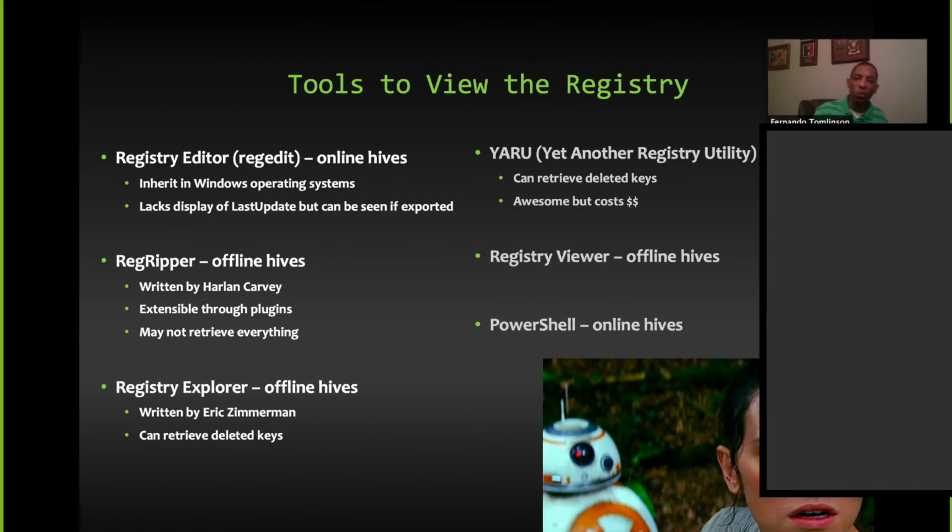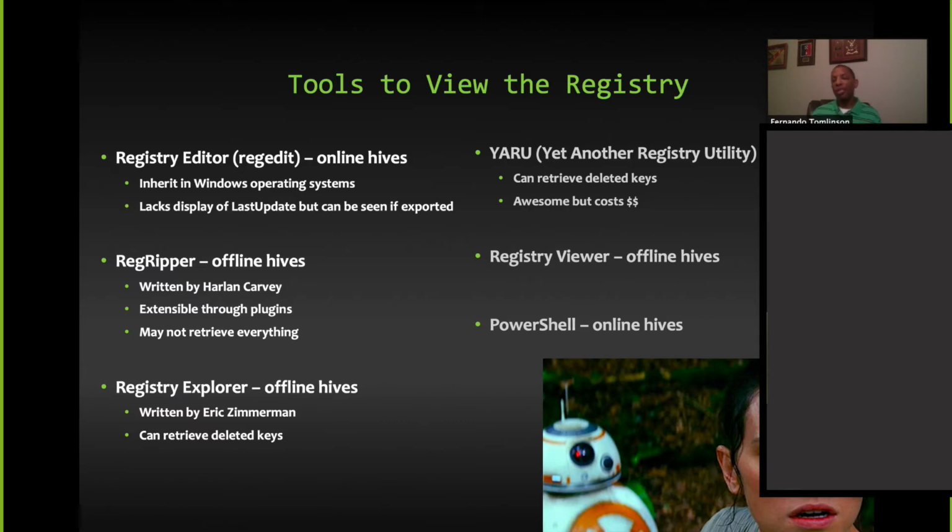All right, so what are some of the tools that we can use to help us in this endeavor? Well, Registry Editor, which we just talked about, is inherent to Windows. It lacks some features, namely the last update, right? So we have things like RegRipper, and this is going to help us with offline files. You can take one of those registry hives that we talked about from an offline perspective, feed it into RegRipper, and it will parse it out, look for things that are well known, and present to you a makeshift report, if you will. There are also plugins available, and you yourself can make plugins as well, so you can make it as extensible as you want.